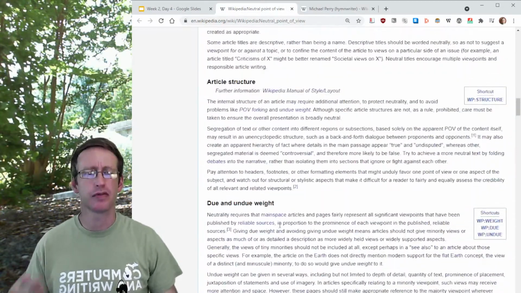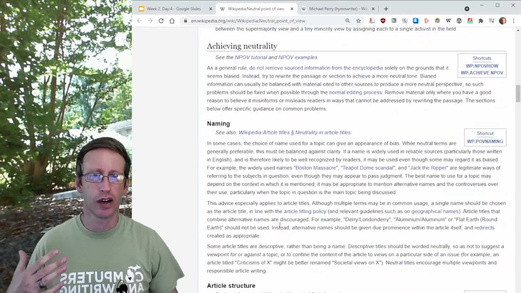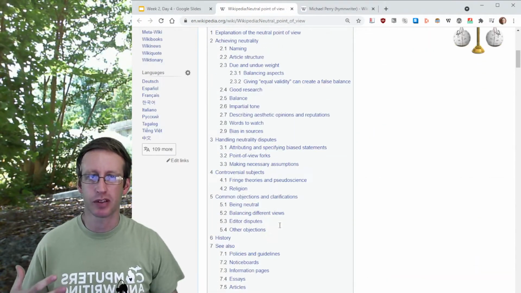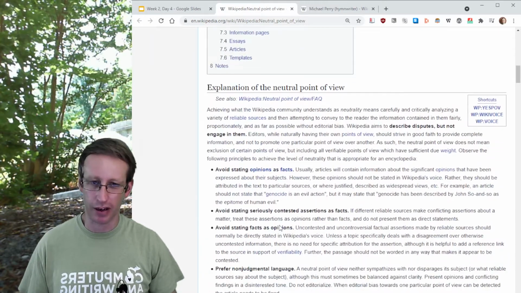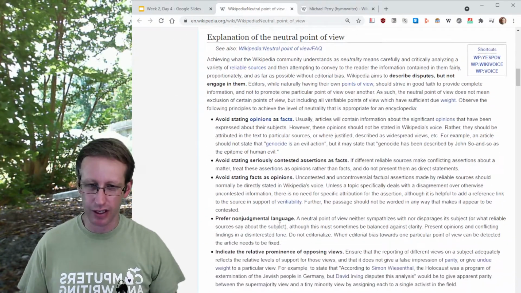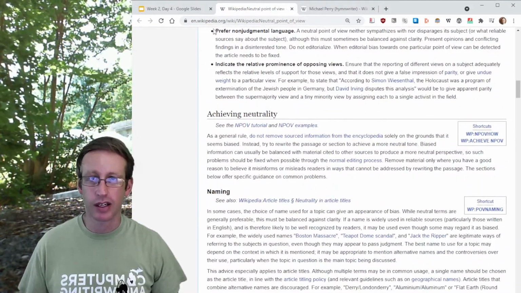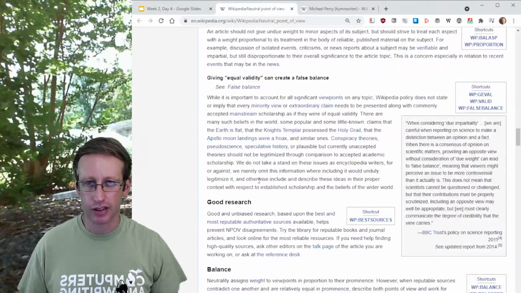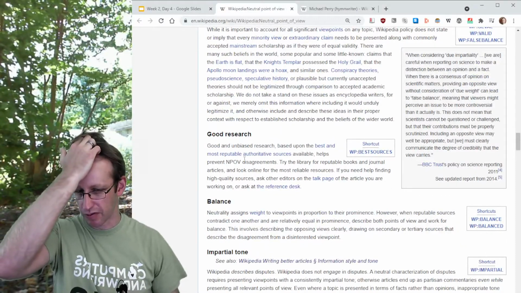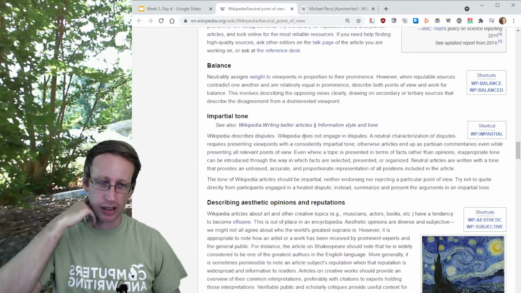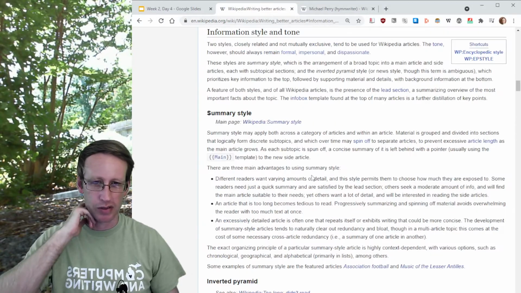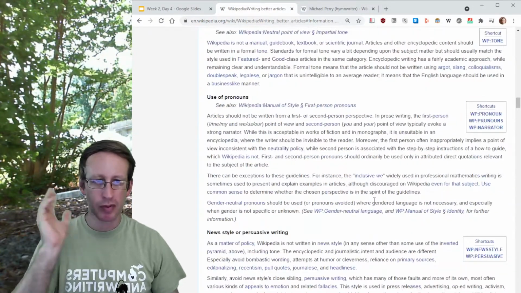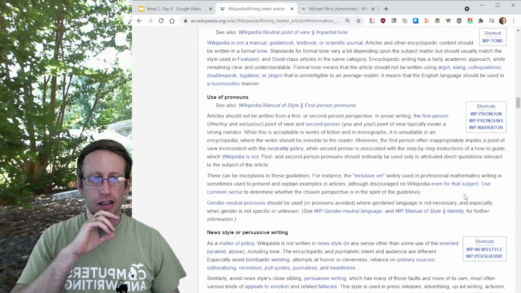But they have really extensive documentation explaining what you should be doing as you write these articles. And this is really helpful, especially when you get into an argument with another Wikipedia editor, or you're trying to understand what their concerns are about your article. Which is what we ended up running into. So this bit here about pronouns, and, no, this is not the page with the pronouns. This is just for further reading. This is the generic, big overview information, and then there are specific articles about individual aspects of this. But the bit about pronouns here is, you really want to avoid this.